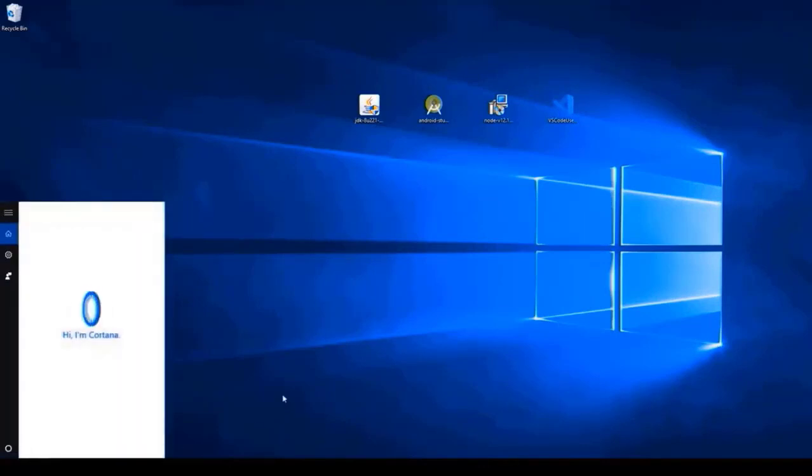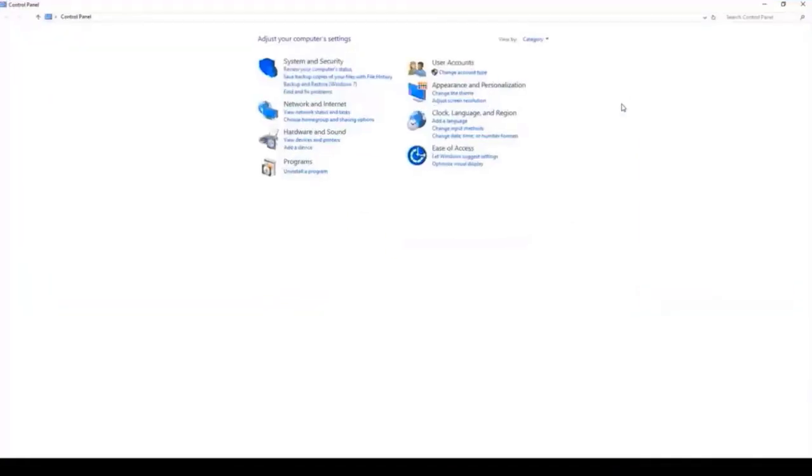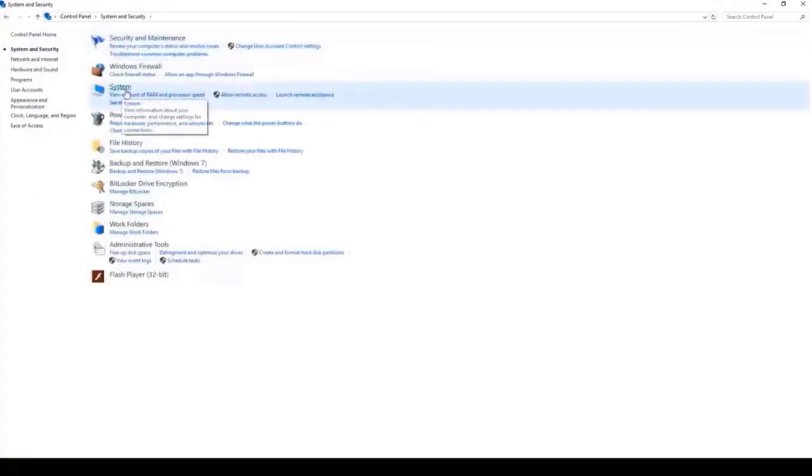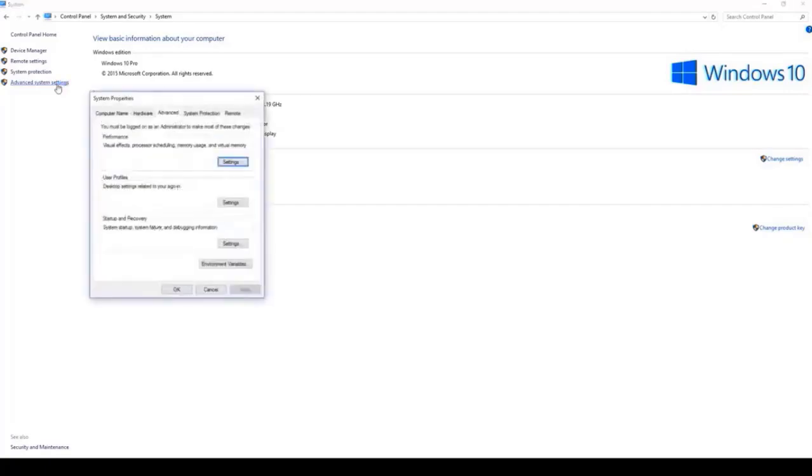Just open your control panel, or you can search on your computer for environment variables. Now just opening our control panel and just change the view and click on system and security and click on system, and you can see advanced system settings. Click on that and click on environment variables. Click on that,